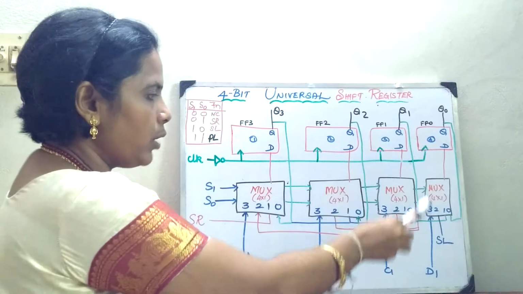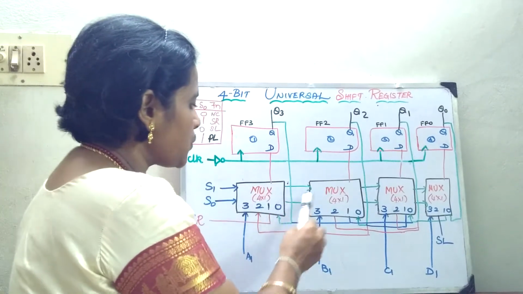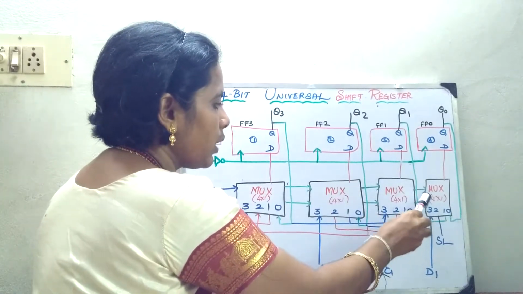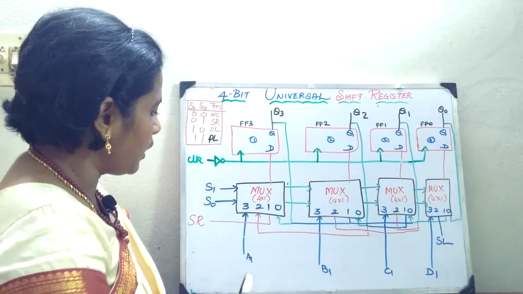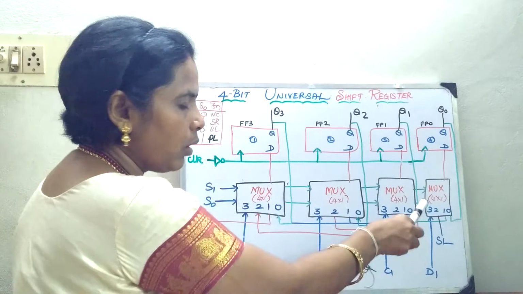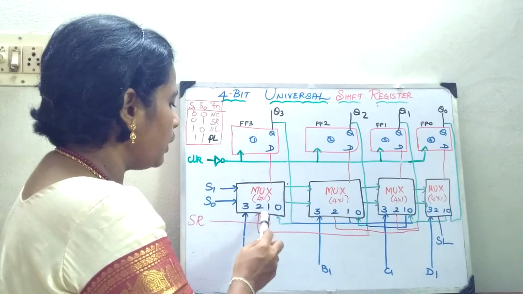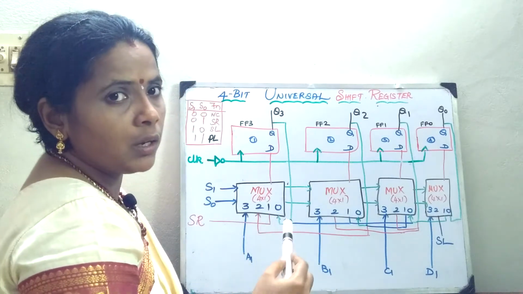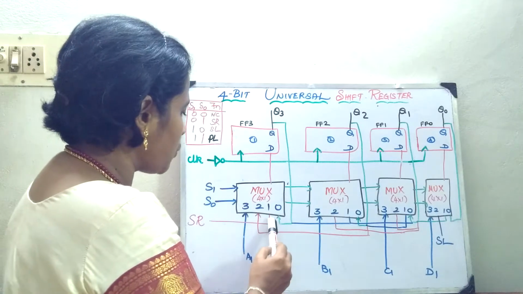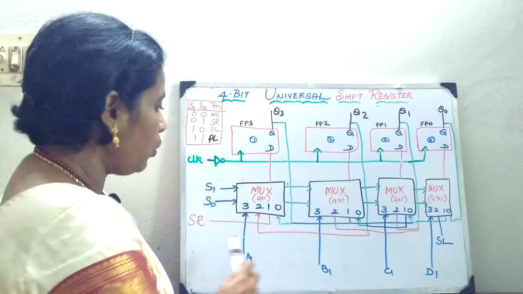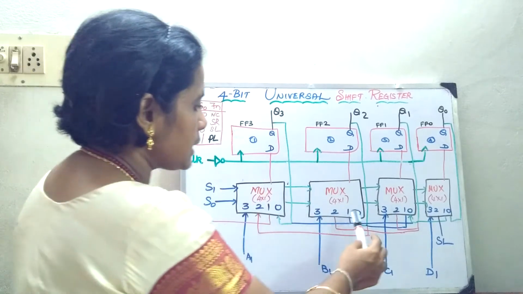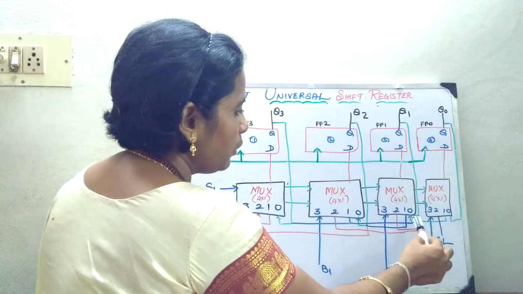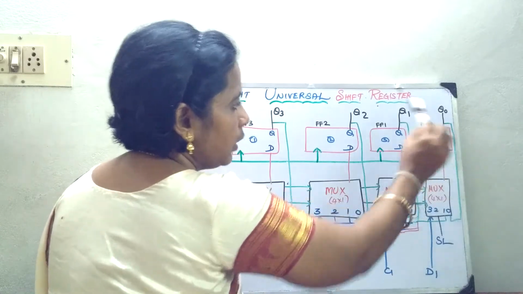Now you should go on with the mux connection. From all the muxes the data is going to be transmitted, so give 2 lines, which are shown in green. Now the third point is over in all. Now how are we going to give the first point? Suppose I want to shift serially, you just give the first point here. Now from the 0 point you connect to the output of the flip-flop. The same way you draw it for all the flip-flops, which is shown in green color.